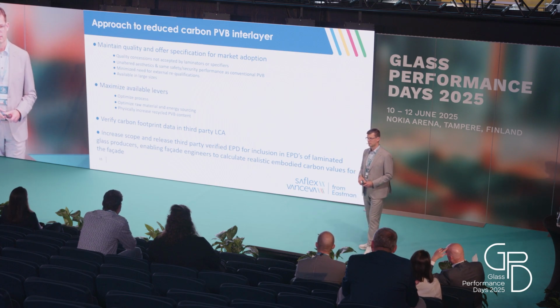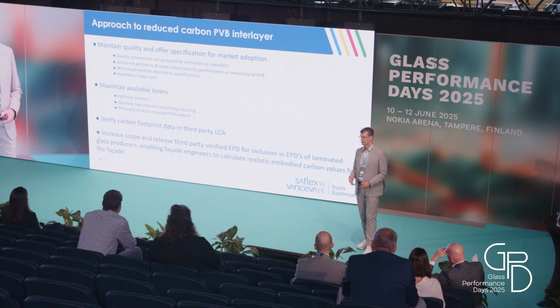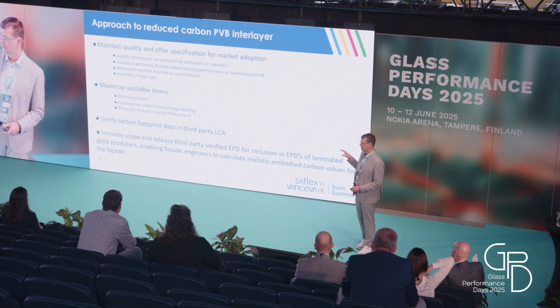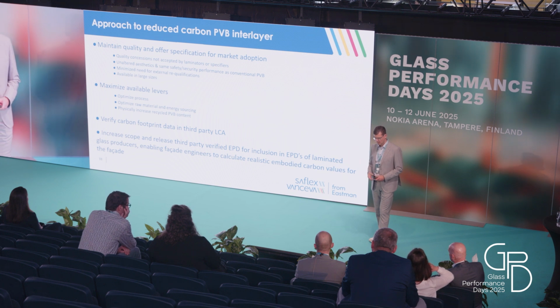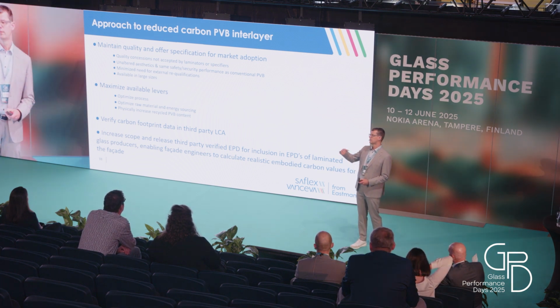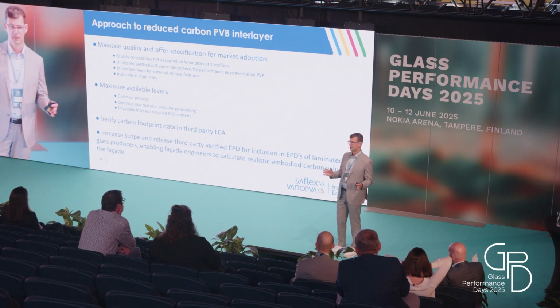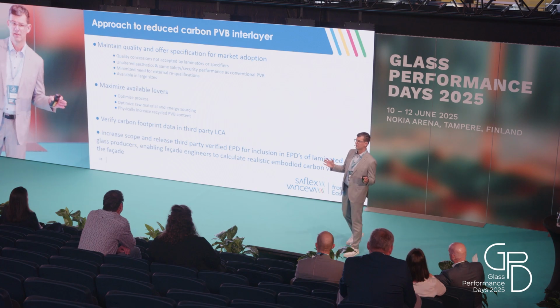Of course, we're looking at our process to be efficient, to have a high yield. We look at our sourcing, both for raw materials and energy. And we also increased the recycled PVB content in a physical way, staying within the quality boundaries, and had the resulting LCA third-party verified. We took that a step further because in itself an LCA is really not enough,